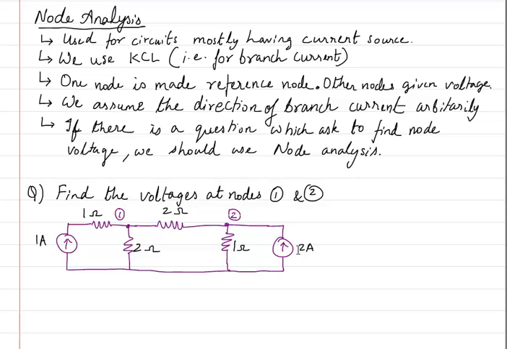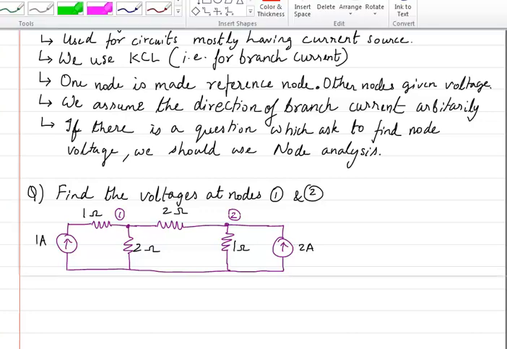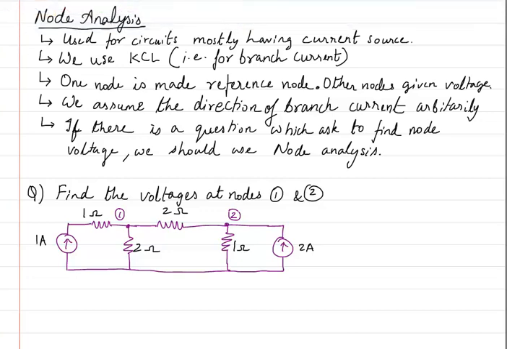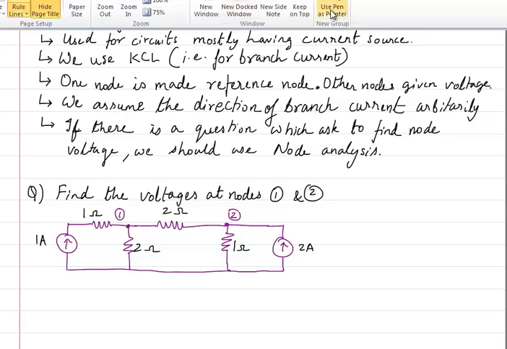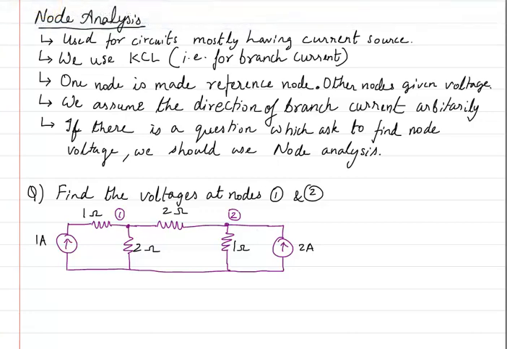Okay, KCL, as you all know, is Kirchhoff's current law, so it is mostly based on the nodes and the current that is coming into or going out of the node. In this particular circuit, we have many branches, and all of these branches are connected by several nodes. There is a node here, there is another node here, but in this particular problem we have only marked two nodes, 1 and 2.